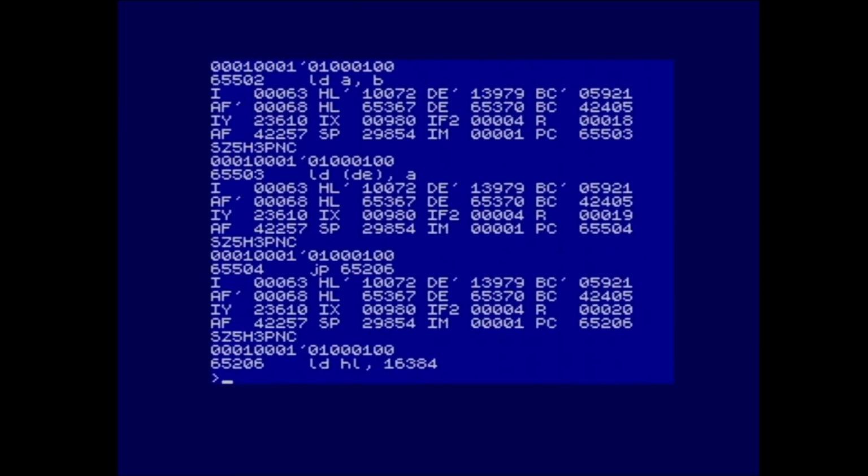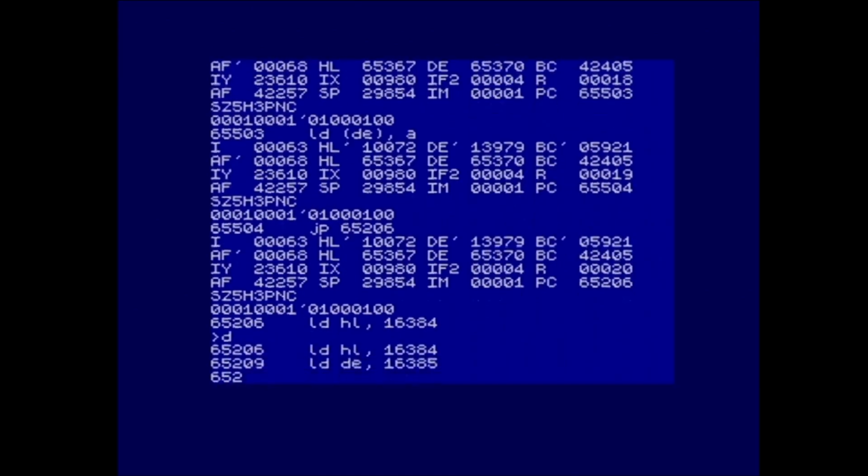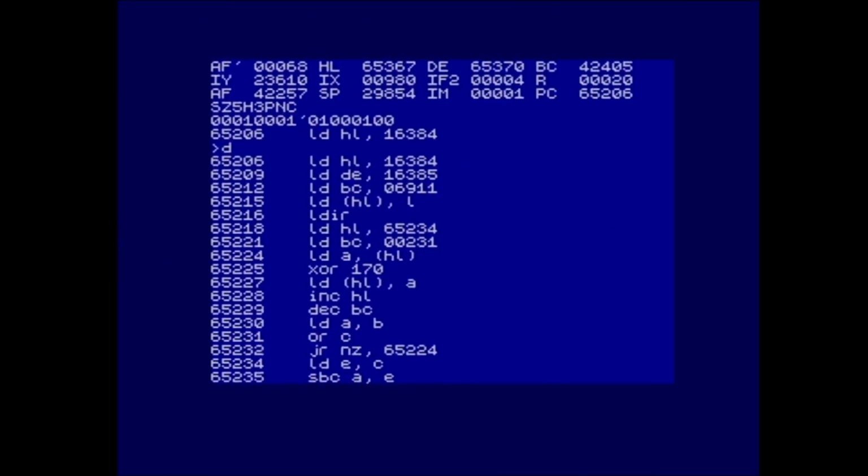So if you would have done that with the old version, you would have been constantly switching in and out rather than doing that, being kept in the monitor. So if we do D, we've got a bit of code there at 65206 which blacks the screen out. That's 16384, the screen address, and 6911 would be the entire screen, and that's been set to 0 with the LDIR. Then we've got a load HL with 65234, which is that load EC down the bottom, and a counter for 231